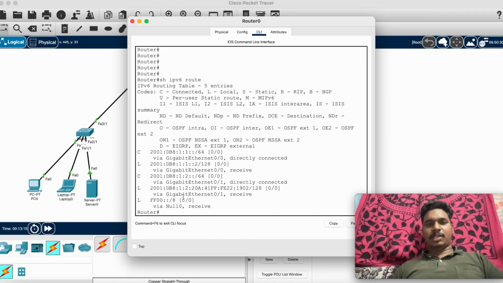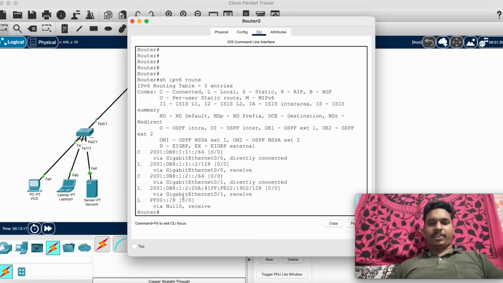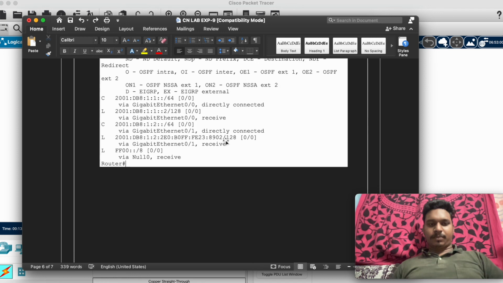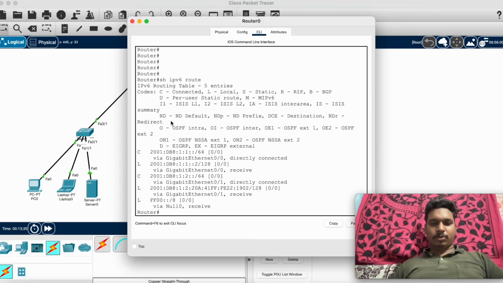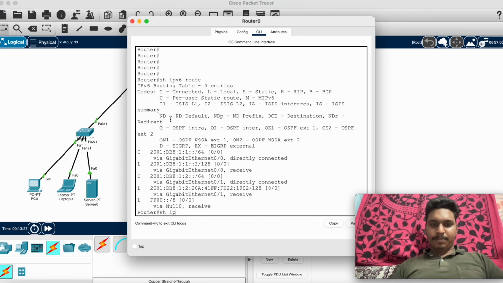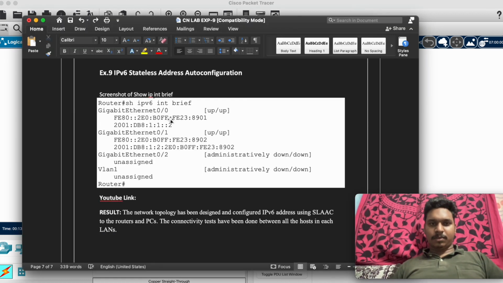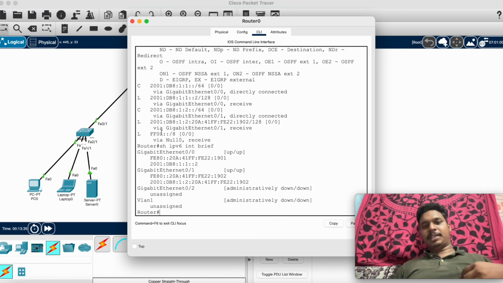So you can see this is the IPv6 routing configuration, so you can check here. So the next output is show IPv6 int brief. So this is the interface IPv6 brief.